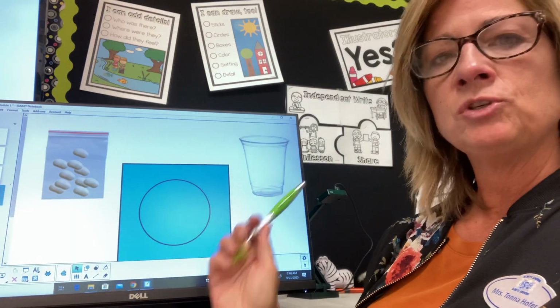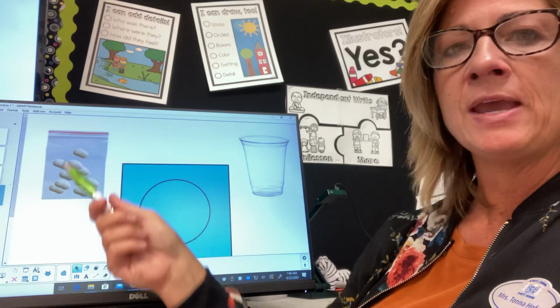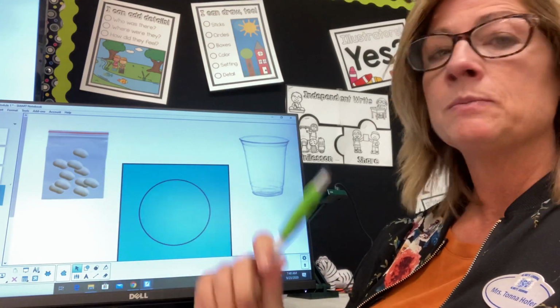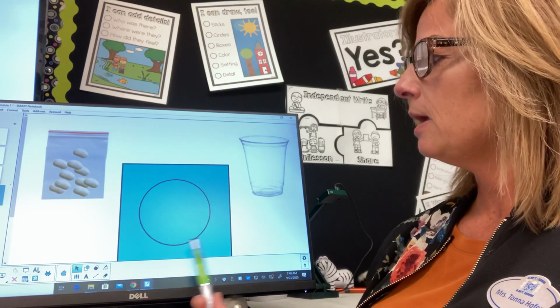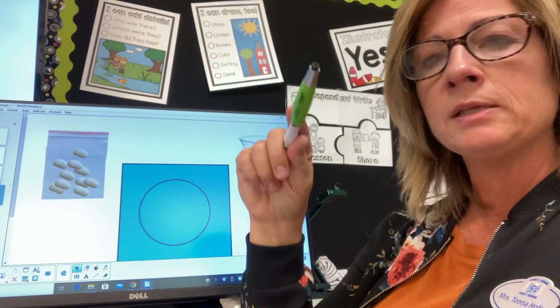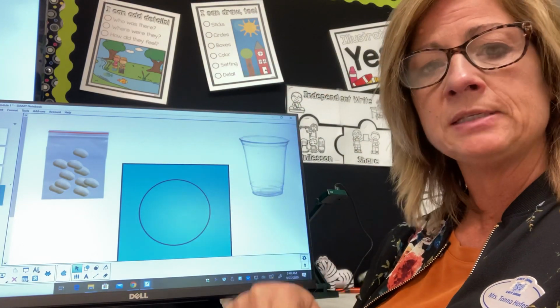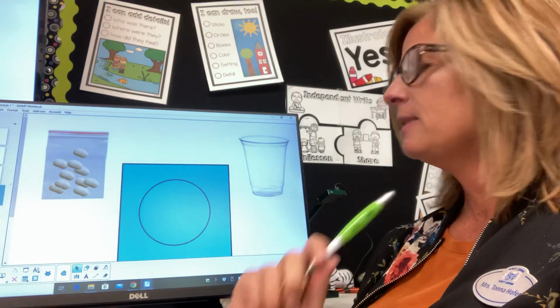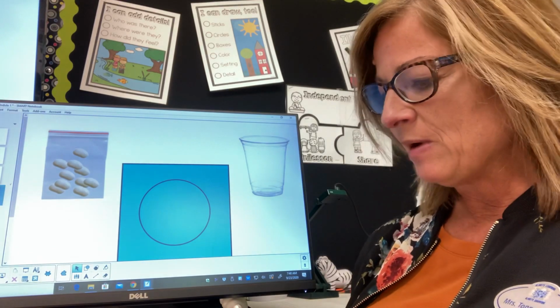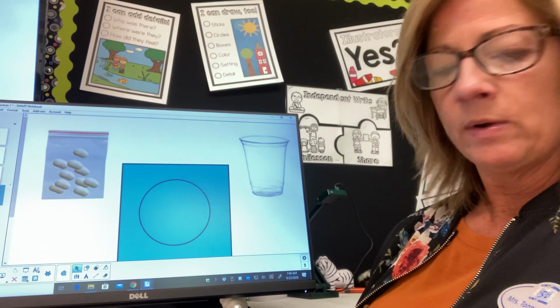And this is what you should have. You should have some type of counter, like 10 of them, not just 7. We need 10 small counters. You need a work mat with a circle. And you could just take a piece of paper and draw a circle, but I would save that because a couple days later we're going to need another one. And then some type of cup that you can put your work in. Okay? All right, so we are going to